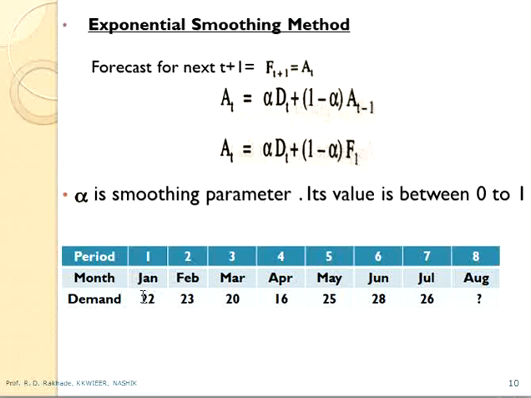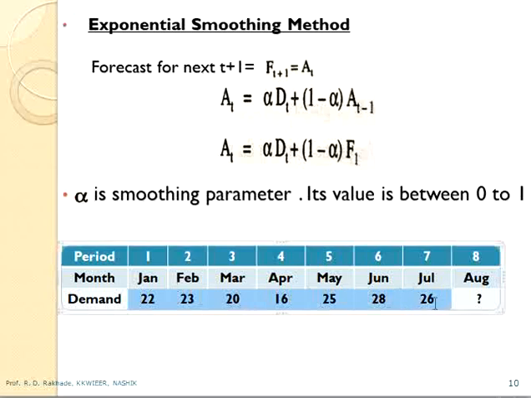So we can solve the same problem by using the moving average method as well as the exponential smoothing method. There are again a number of formulas available for calculating forecast for the next period, that is single smoothing method, double smoothing method or triple smoothing method. But from a university exam point of view, this is more than sufficient to calculate.